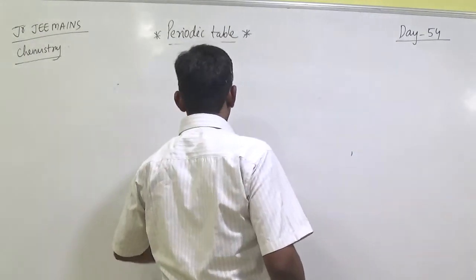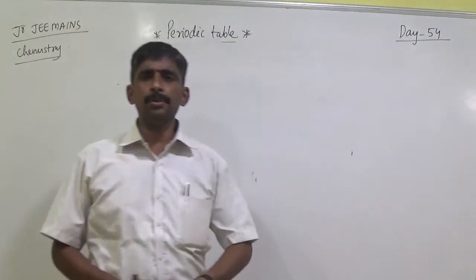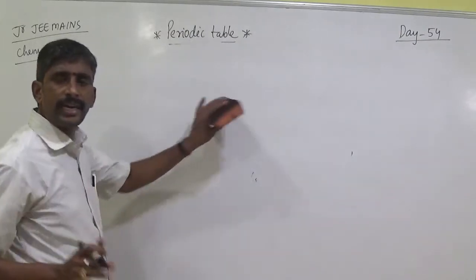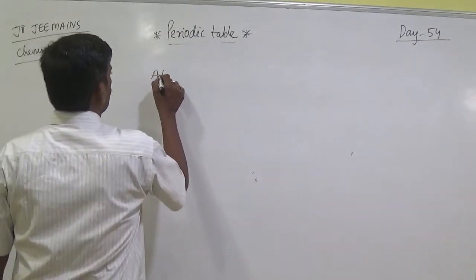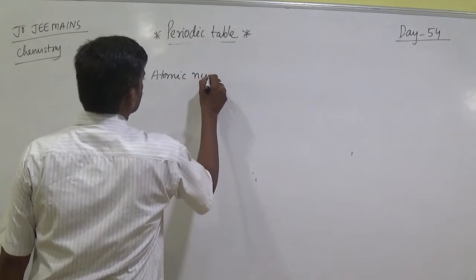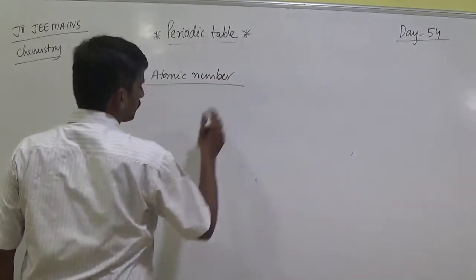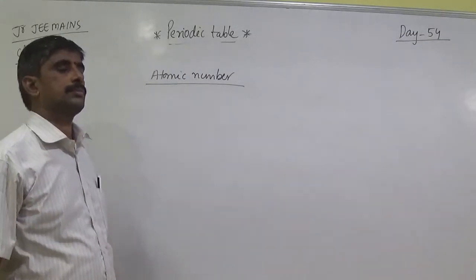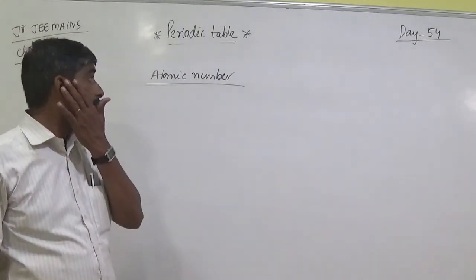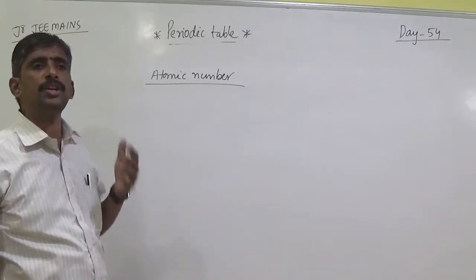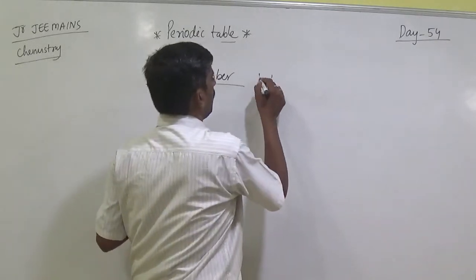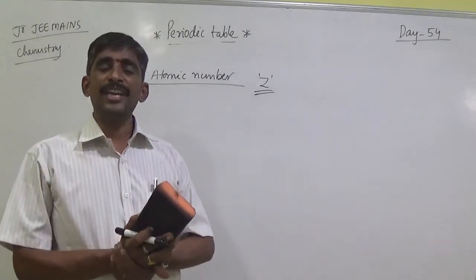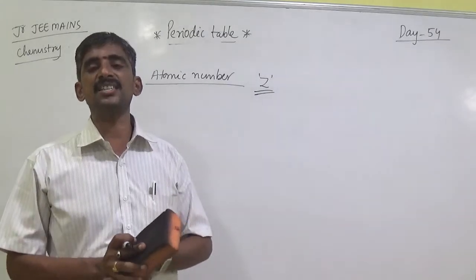So this is the Mendeleev periodic table. The first periodic table was constructed by Mendeleev. Next, another one was added before, in the atomic structure lesson I finished. Atomic number. Atomic number is denoted by the symbol Z. It was first proposed by Moseley using the frequency of characteristic X-rays of an element.